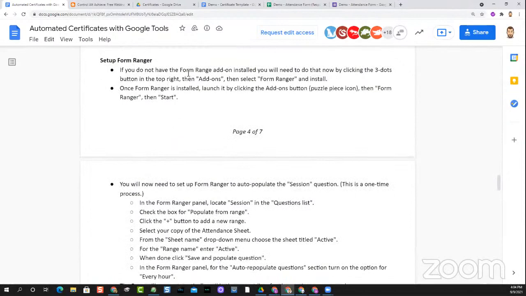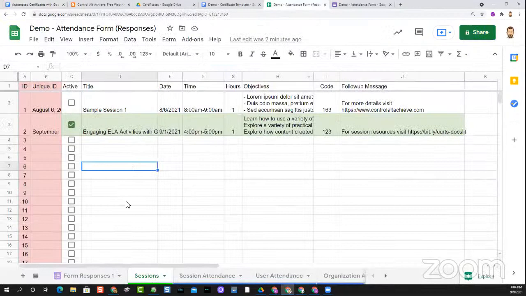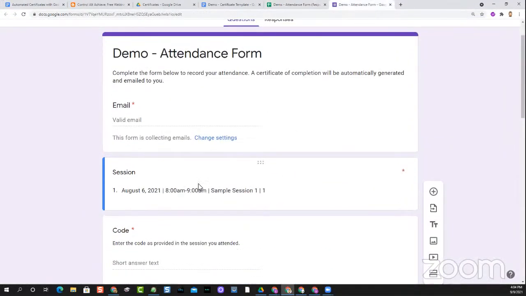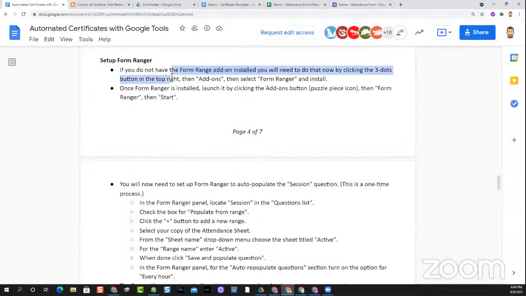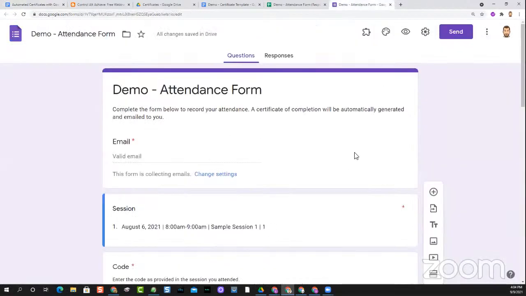So Form Ranger is the add-on that grabs the sessions from your active sessions here and pulls them into the form. So we do need to set this up once. Again, just like Autocrat, if you don't have Form Ranger installed, you do need to install it. A little bit different in Forms. To install it, what you're going to do is go up to the three dots button in the very top